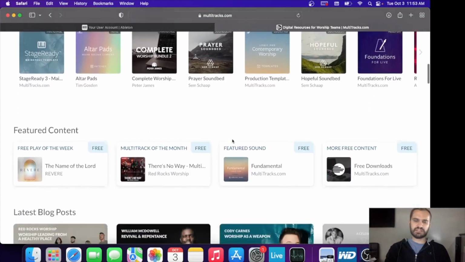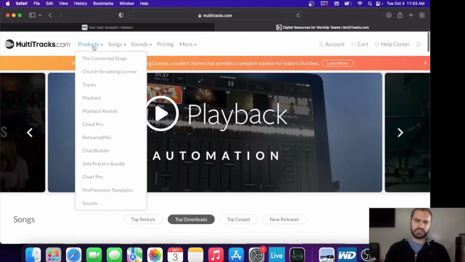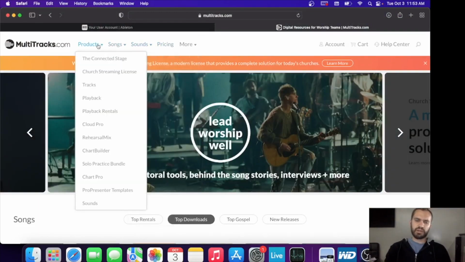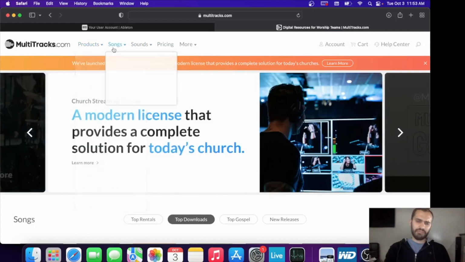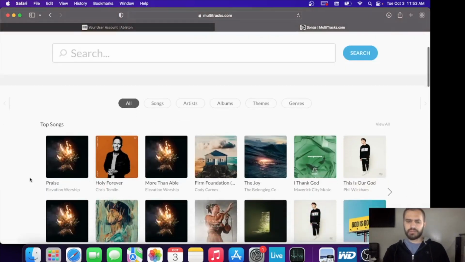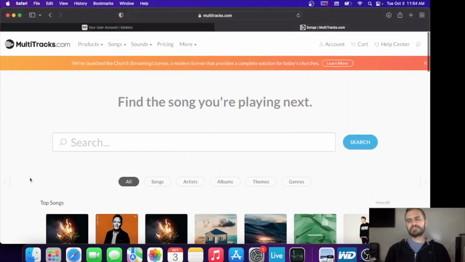It's got different synths and pad sounds, and all sorts of resources when it comes to song sounds. They're pretty upfront about their pricing, pro presenter templates, charts, everything. Just check out Multitracks, and they will help you out when it comes to your backing tracks for a Sunday morning. How we do it is we download their Ableton files, and